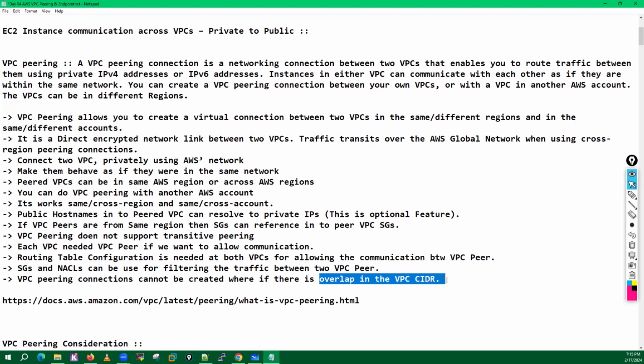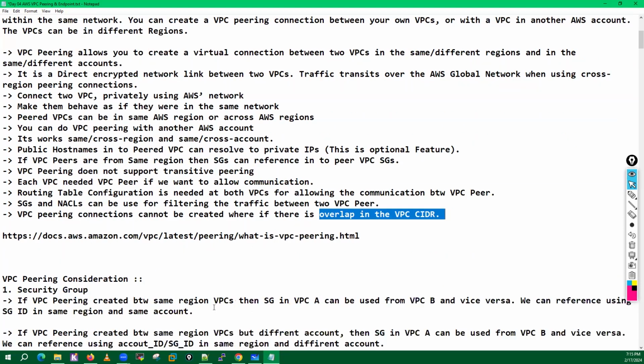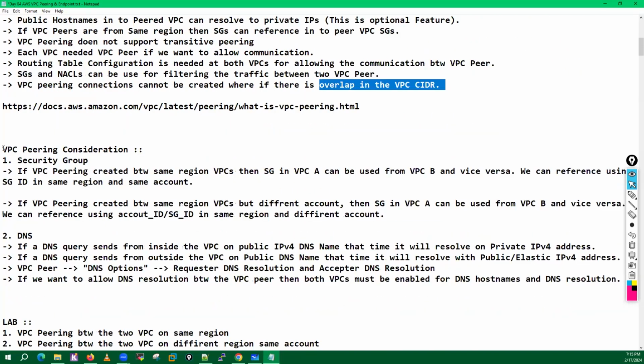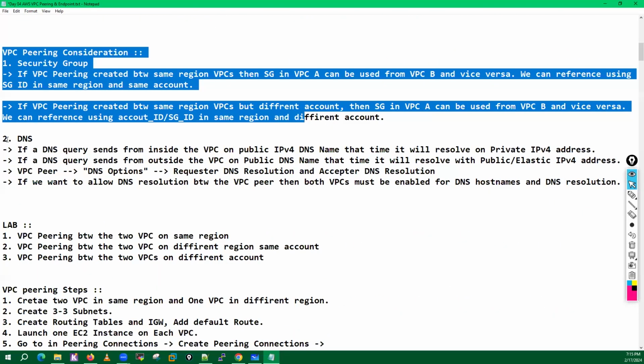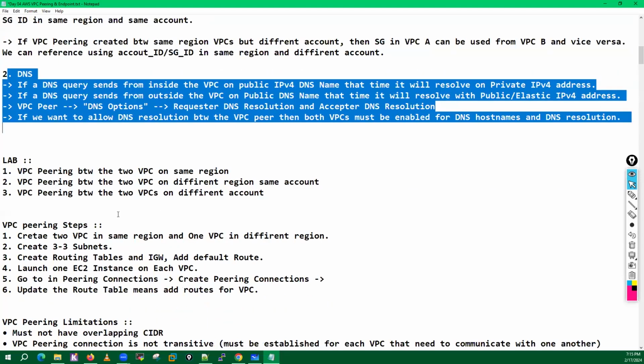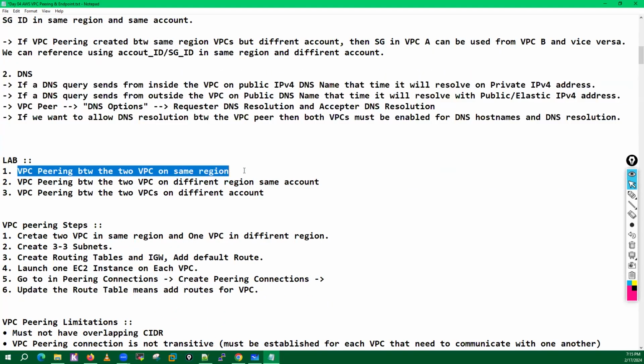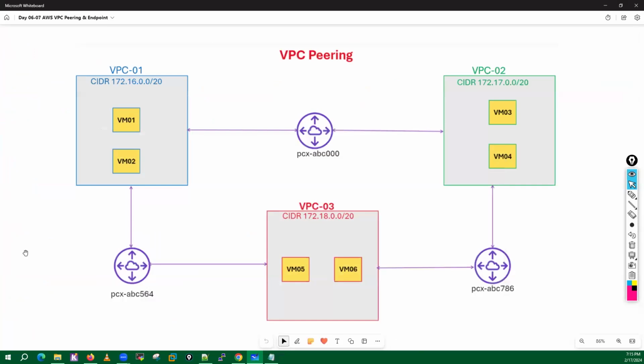Just remember. Now let's do these things practically. Considerations and DNS I will discuss in a while. Let me do the first lab: VPC peering between VPCs in the same region. Let's go with three VPCs.